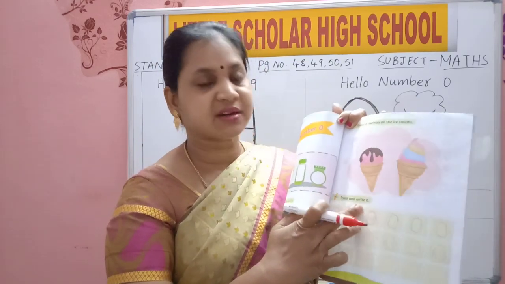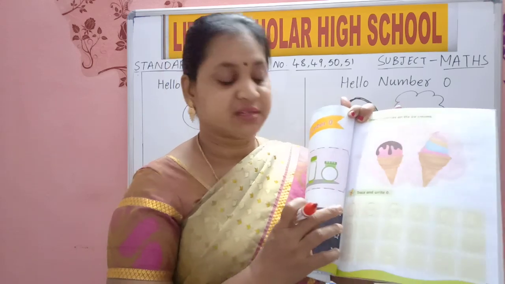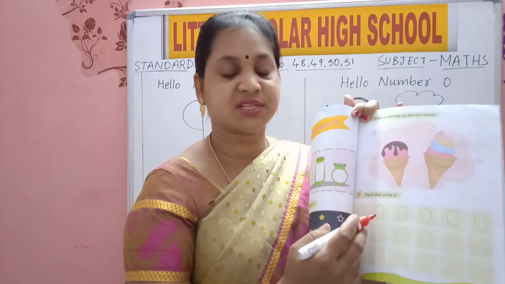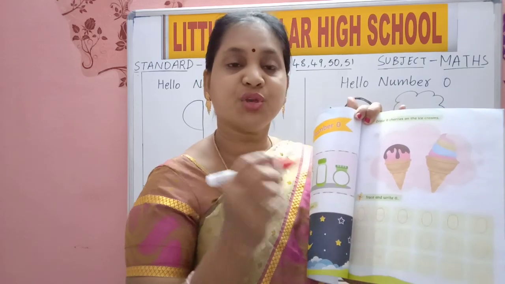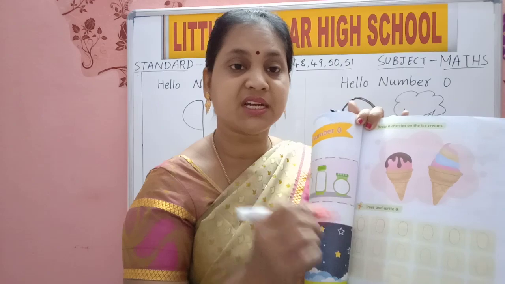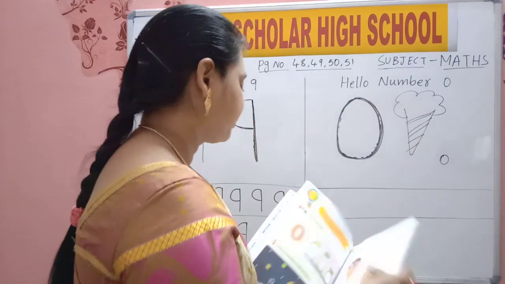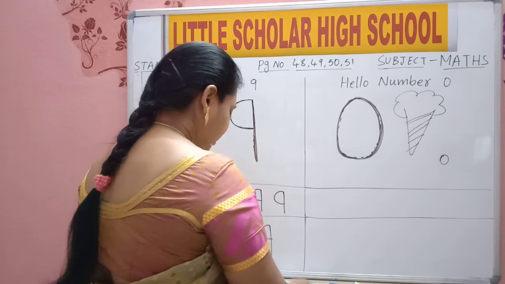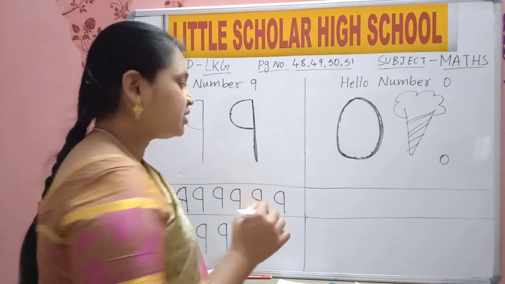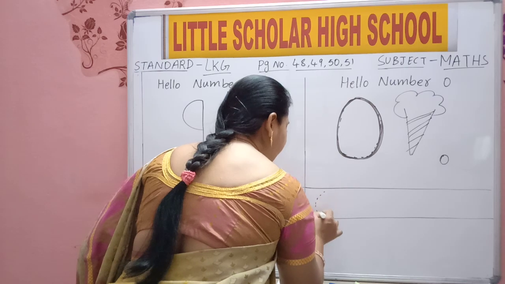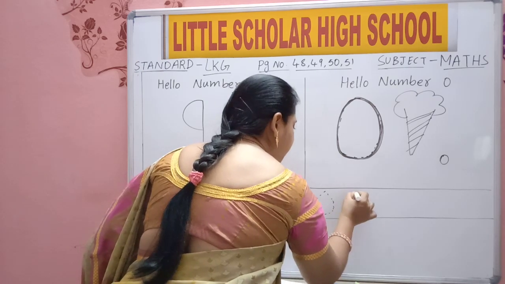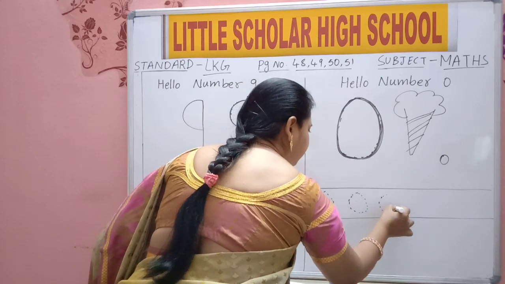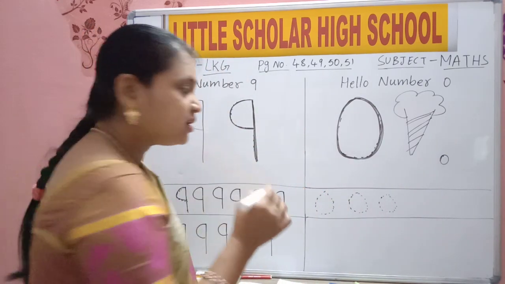Now trace and write 0. Come on, write it. First trace it on the dots given. Then in the third row, you will write it on your own. Neatly you should trace on that only. Slowly trace on that only. It should not come out of the line. In this way it's given, no? Trace it correctly on the dots.